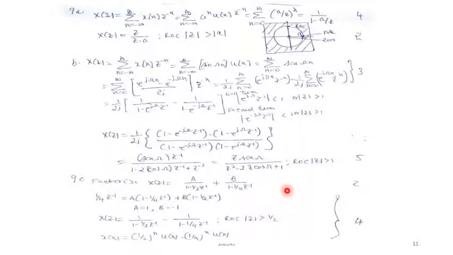Here the ROC is mentioned, mod Z is greater than 1 by 2. When it is greater than 1 by 2, the two poles are present, one at 1 by 2, the other at 1 by 4. So the ROC and your x of n will be, both are right sided sequences. This is the application of partial fraction. Initially we write in this form, we get 2 marks. Then the final answer with ROC gets 2 marks, and this part gets 2 marks. 2 plus 2 plus 2, or 2 plus 4, 6 marks. So x of n is 1 by 2 to the power n into u of n minus 1 by 4 to the power n into u of n. Only one condition is enough. They have asked mod z is greater than 1 by 2.